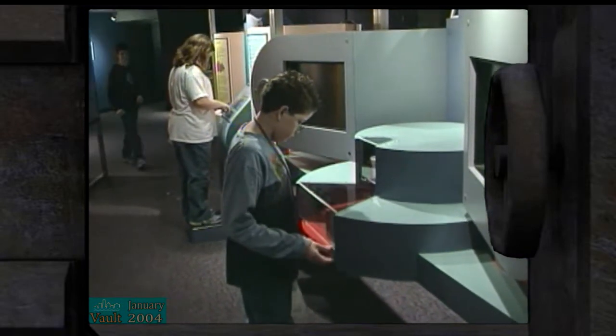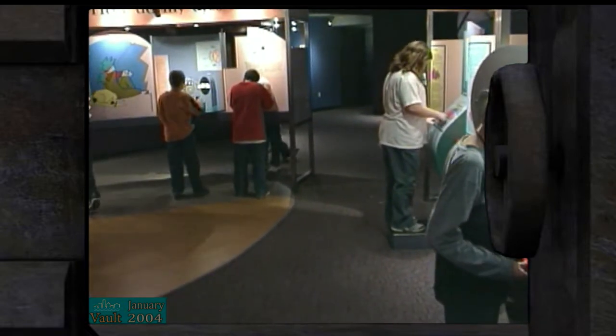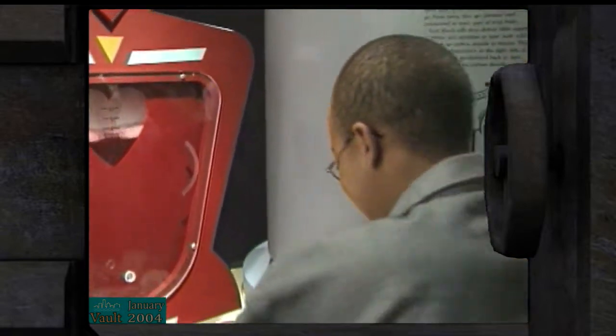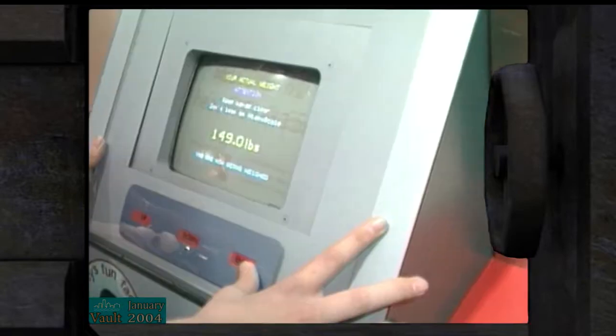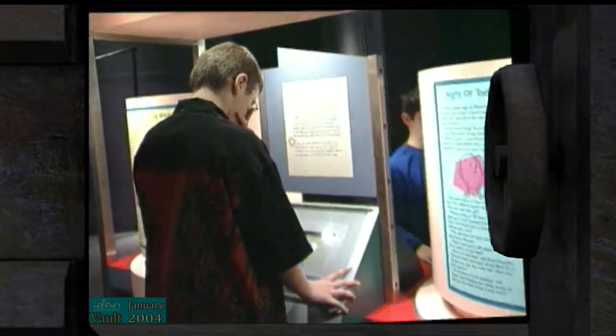One of our areas here is about health and the human body. It's called Health is Wealth. All of the exhibits there talk about the human body, how to take care of your body and use it for your own wealth, because taking care of yourself will really help you succeed in other areas of life.